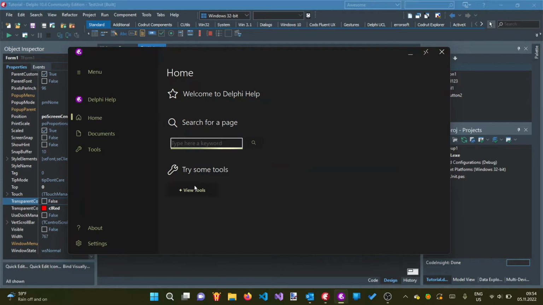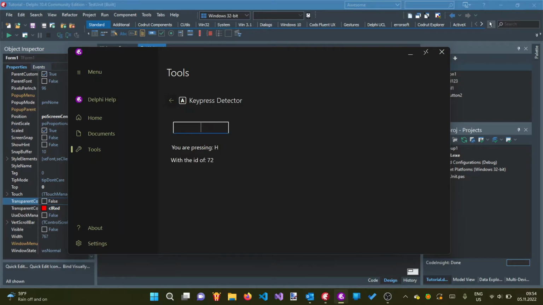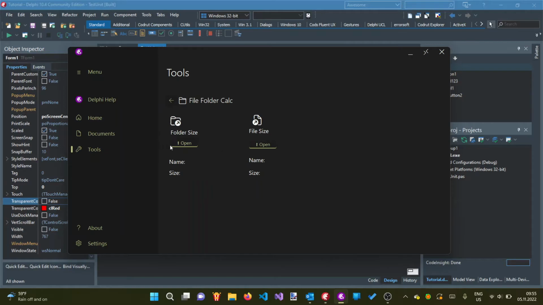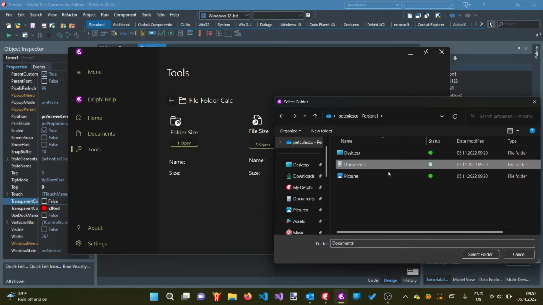This is just made in Delphi using my own custom components. I think it looks pretty nice. Yeah, time converter. File folder calculator. Let's say open, I don't know. Let's say